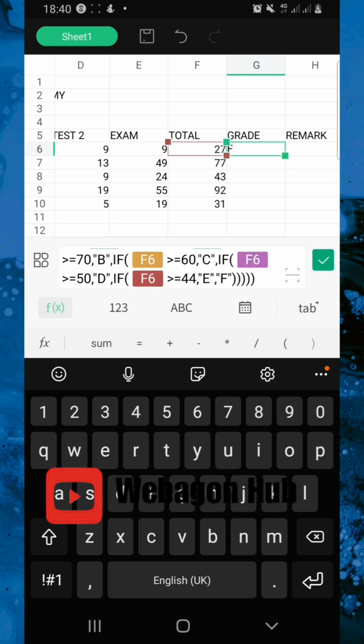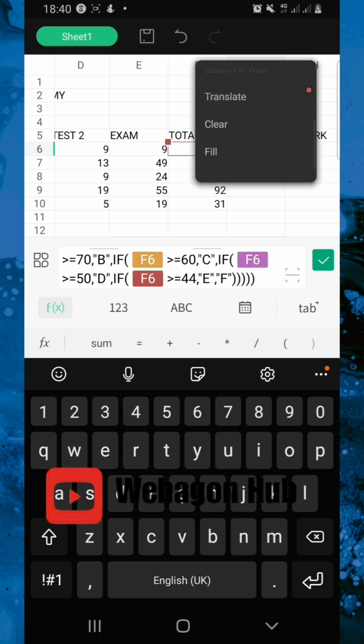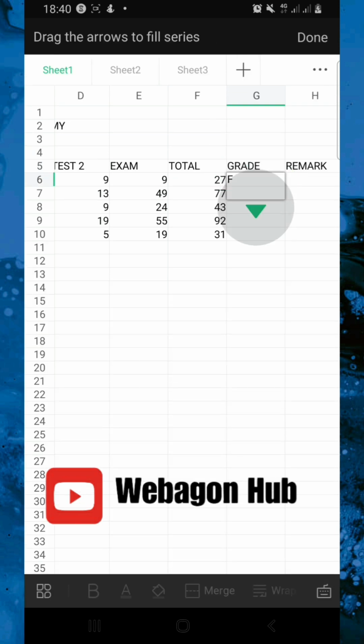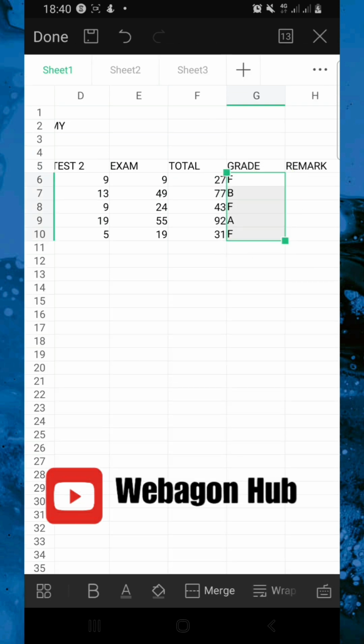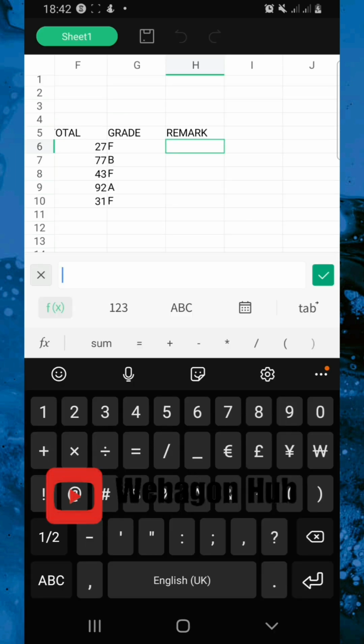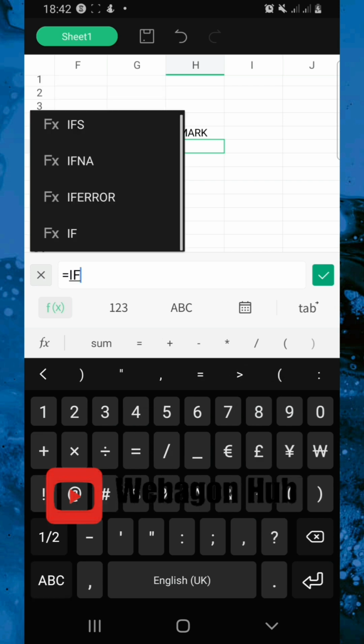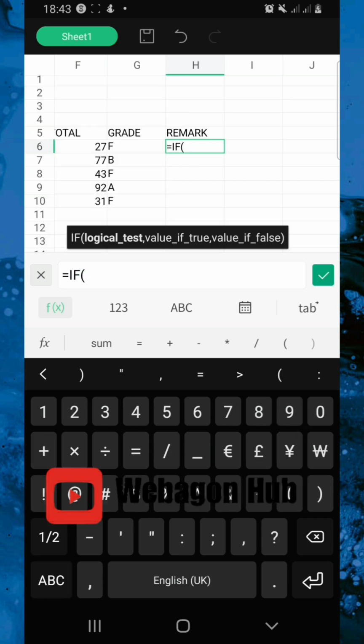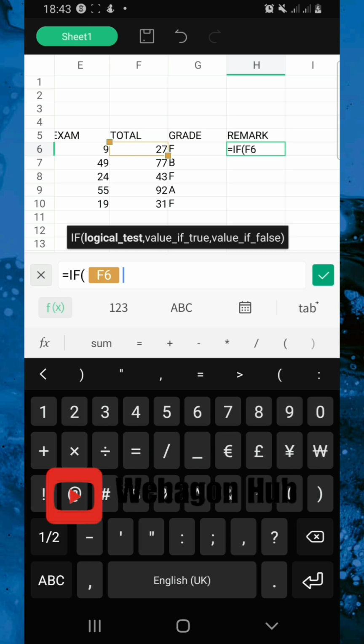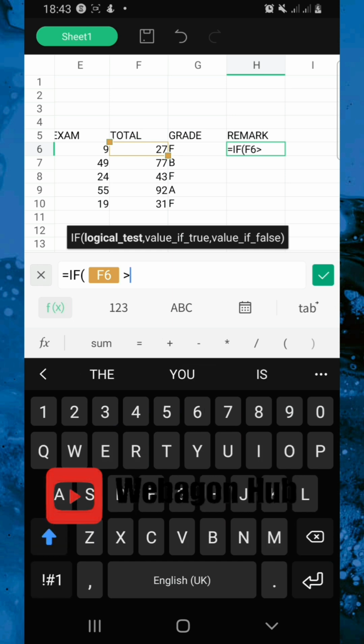So for the rest, just hold it. Then you scroll down and find fill. Then you can now drag it down, okay? So that is all about that. Now let's solve for remark. We have if, but the first thing is equals to if, bracket open, then the total F6 greater than or equals to